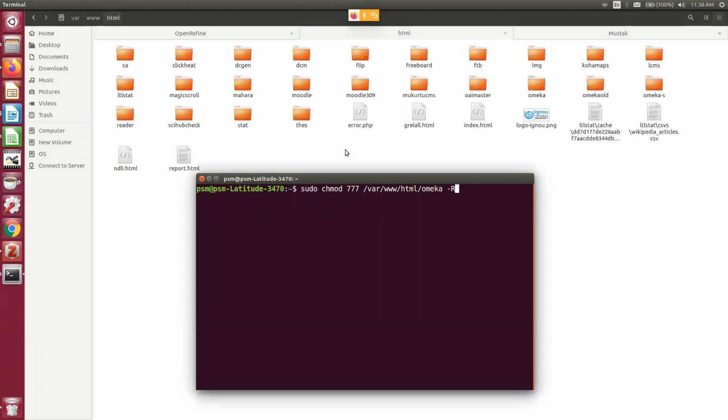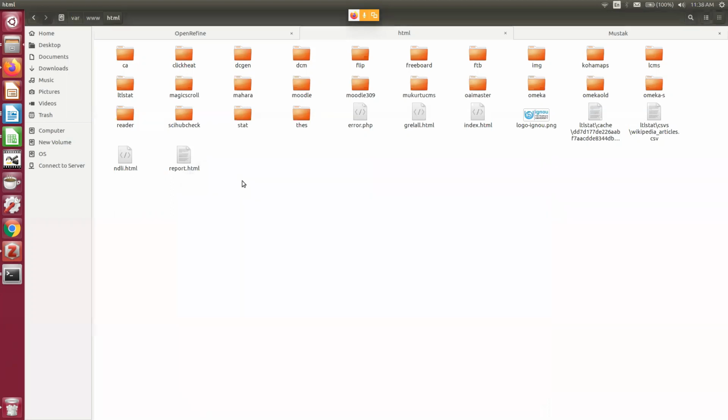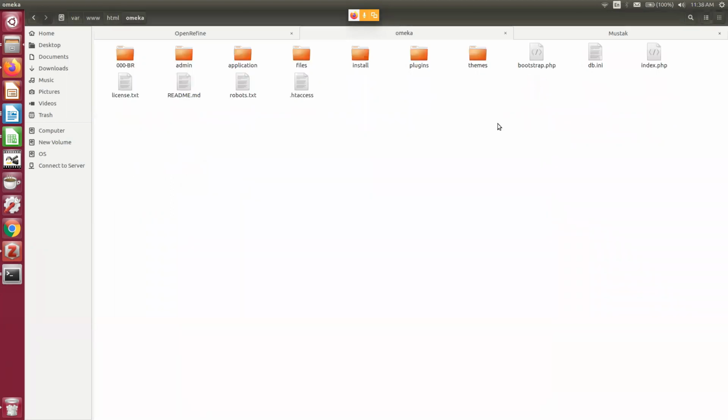Then after this particular command is over, you come inside your Omeka software. Inside the Omeka software, you need to identify the file you need to change. The best way to know which file you need to change is always reading the readme file.